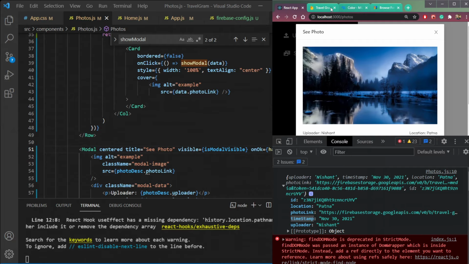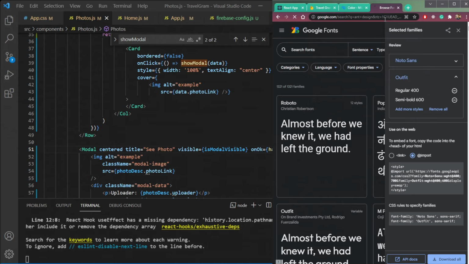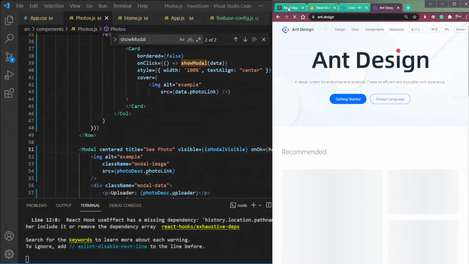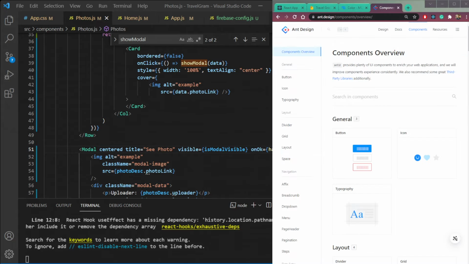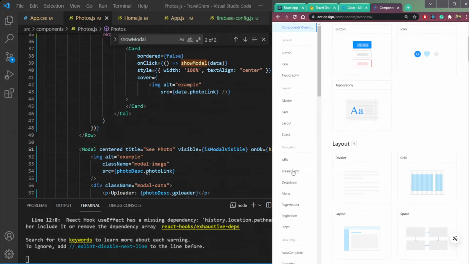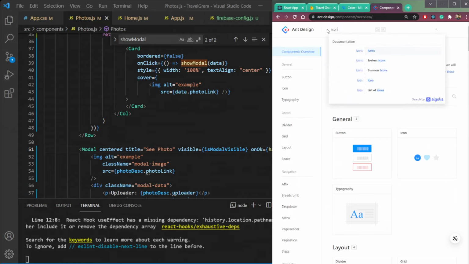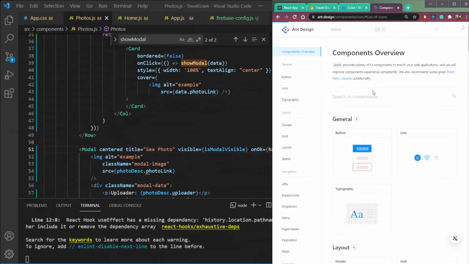So let's head over to undesign to get the delete icon. So undesign, open it, and we need the component. Open the components here. So we need the icon. Fine. So just search icon here. List of icons.